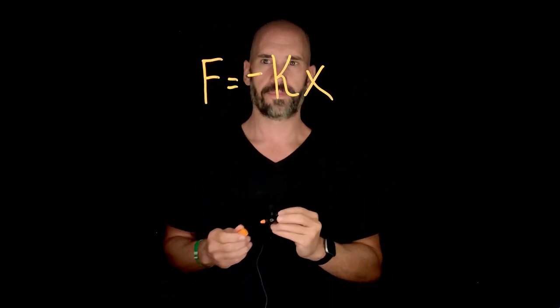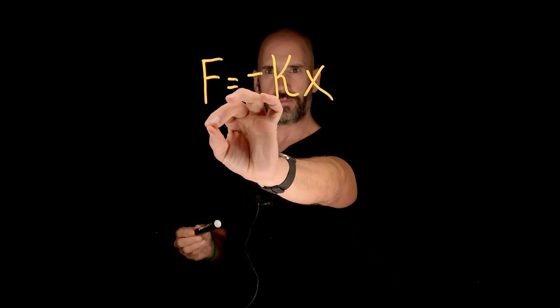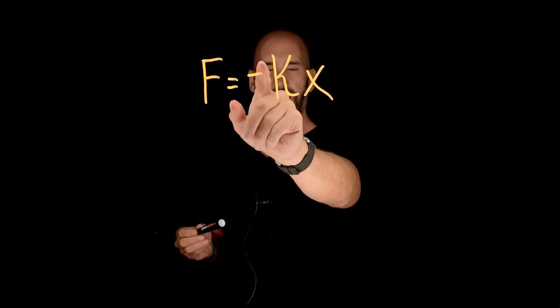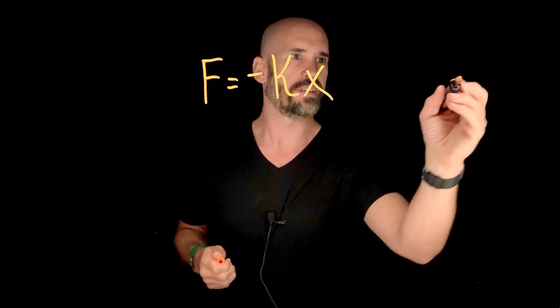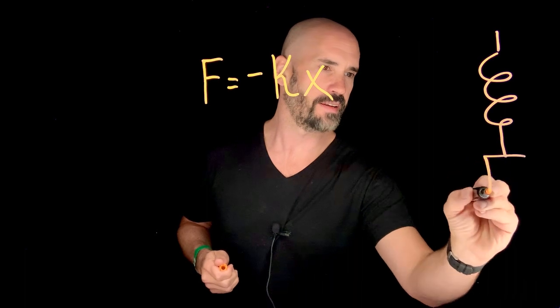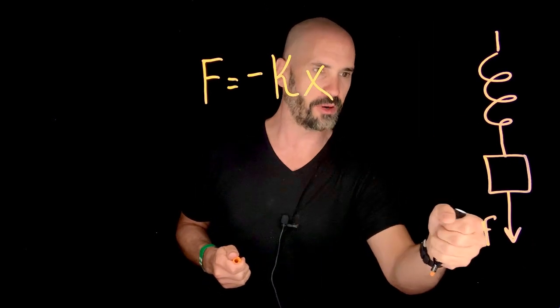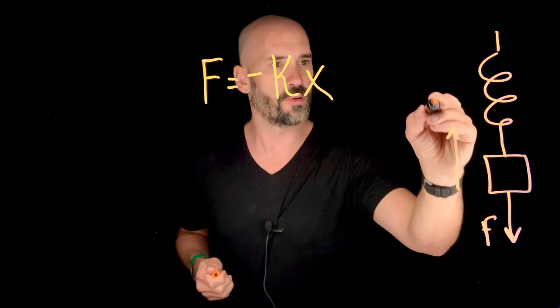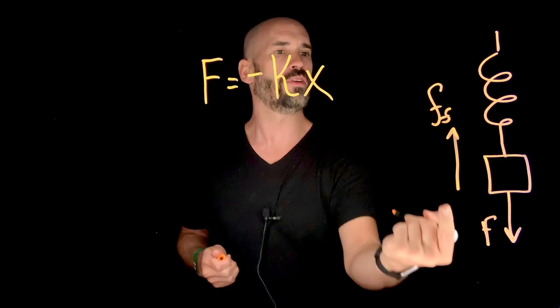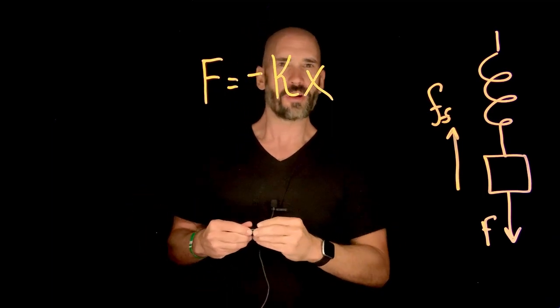which looks like this. This says that the spring force is equal to the negative, which makes sense because anytime I pull a spring this way, this is my F, I'm yanking, the spring force, the force of the spring, always goes the opposite direction, and that's what that negative sign means, okay? So